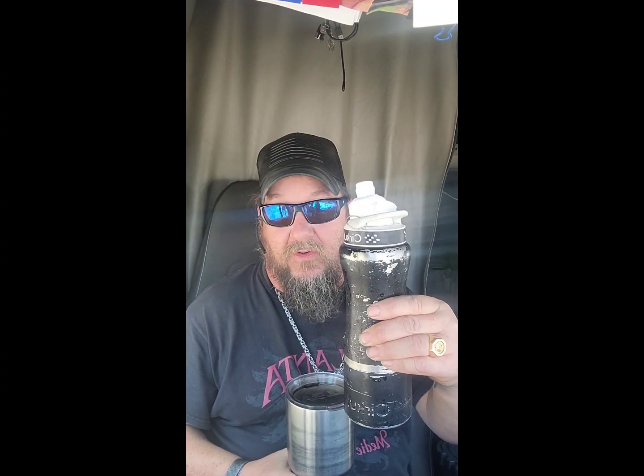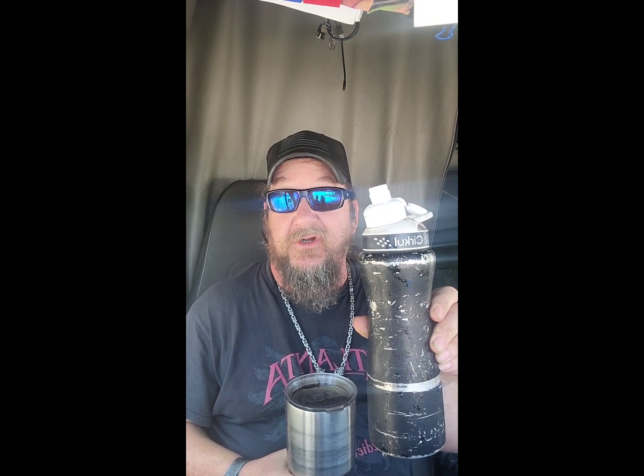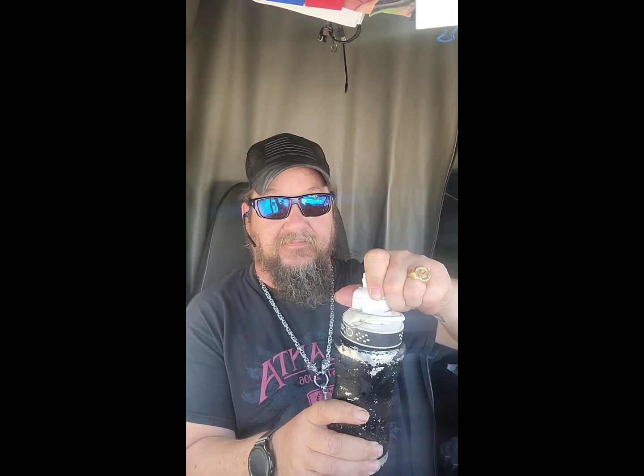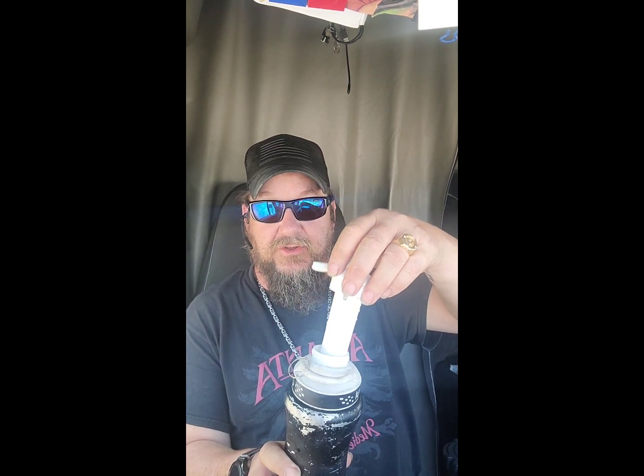These Circle Cups, I love the shit out of them, and it helps my water intake other than coffee intake, because I've been known to drink like 3 pots a day. I've been drinking coffee since I was 4. Not all that good for me, maybe, I don't know. But you can get little flavor cartridges. They just go in the top like that, fill it up with your water,